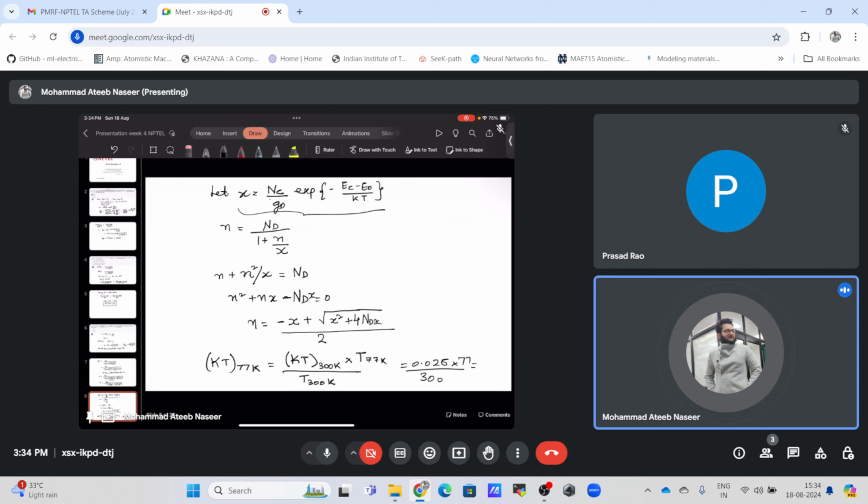So let's find out this value for the 77 Kelvin temperature. What will be the thermal energy? It will be 0.026 into 77 divided by 300. So it is 6.67 milli electron volts. So it is the value of the thermal energy at 77 Kelvins. Now the value of x is